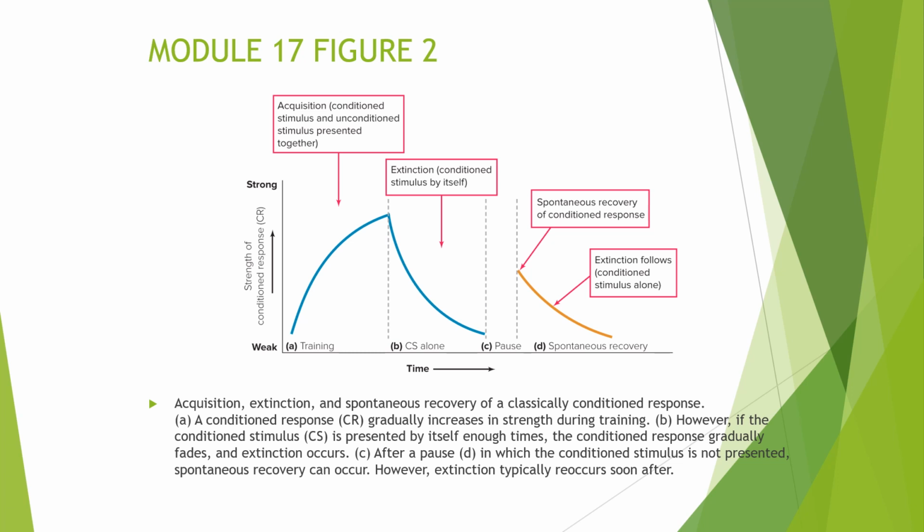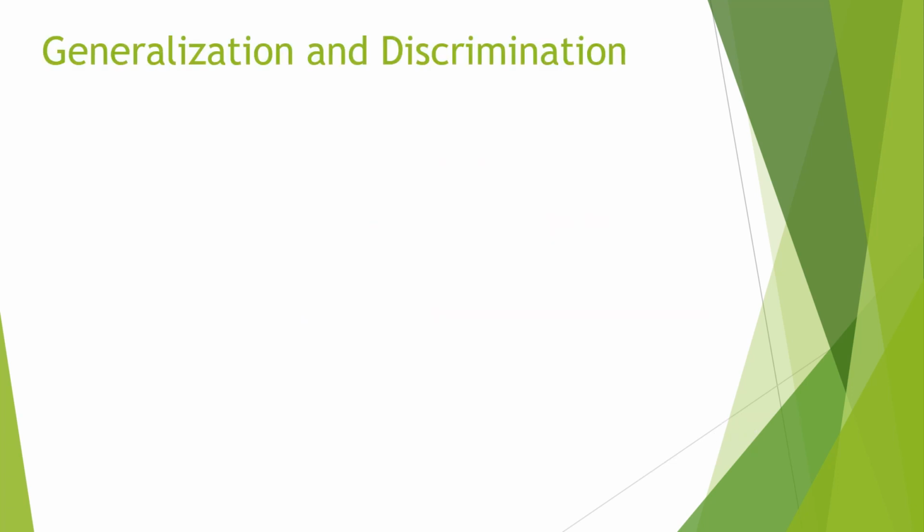Now, back to Pavlov's study again. Here we're going to talk about generalization and discrimination. When you generalize, you apply a concept to all different types of stimuli, right? You get in an accident with an elderly person, and now you believe that all elderly people can't drive. That's generalizing, right? Discrimination is where you can tell the difference between two stimuli. You can discriminate between those two stimuli. This is also applied to classical conditioning.